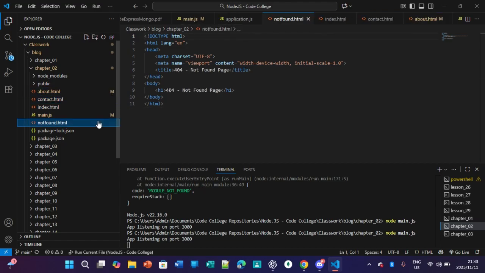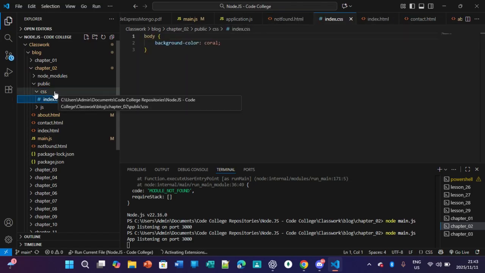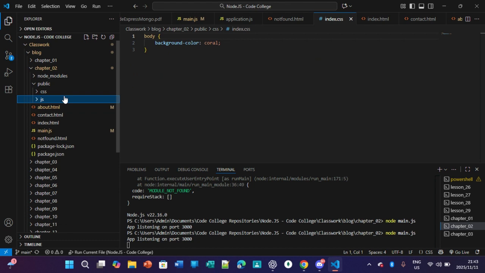Then a not found.html page, 404 not found. And then you've got a public folder. A public folder stores all the information that we're going to make use of in our front end, so our CSS and then our JS.